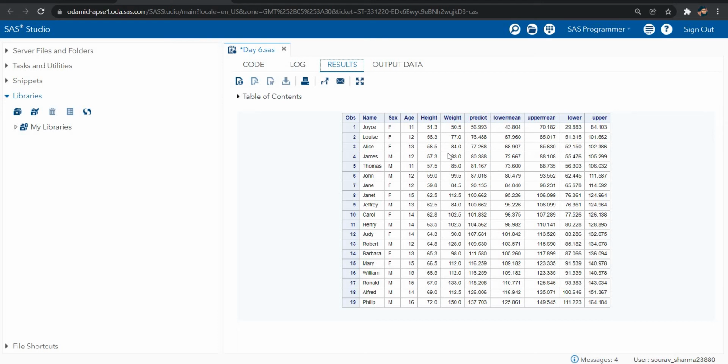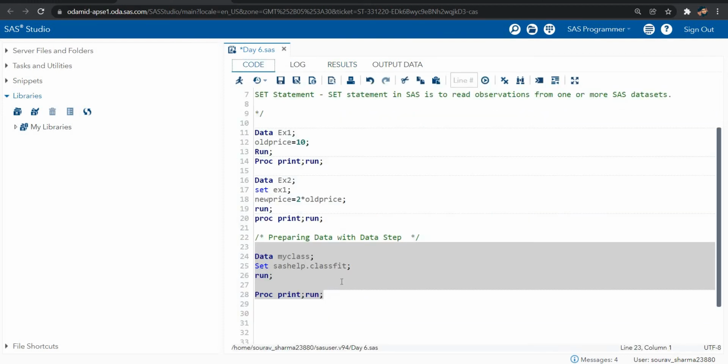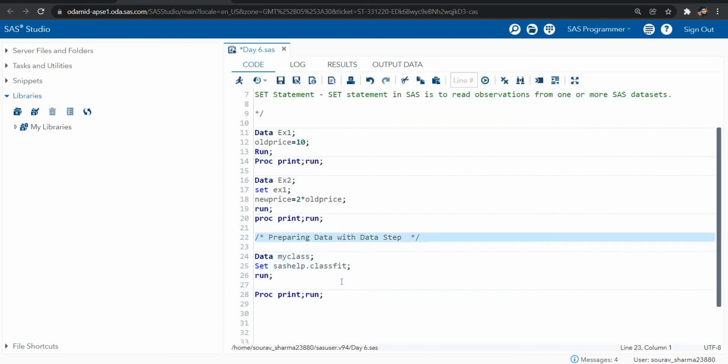So what I'm looking for is the format of my predict. I want this in dollars. So how are we formatting data with the data step?